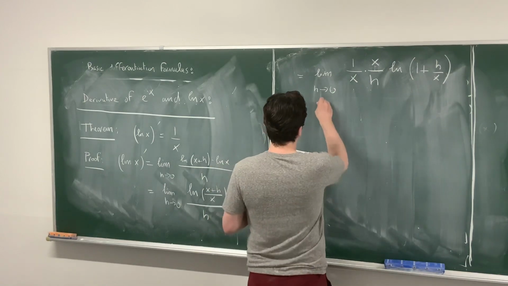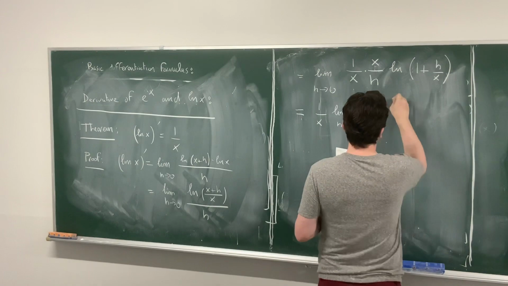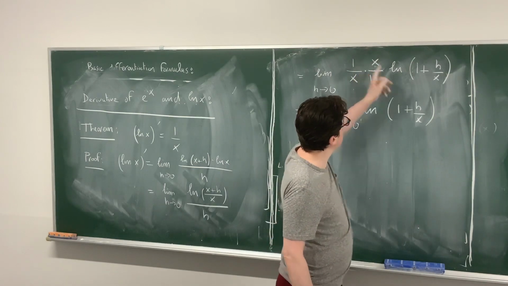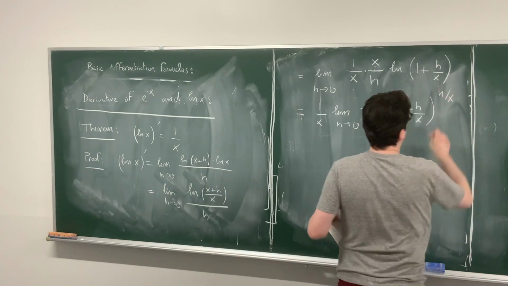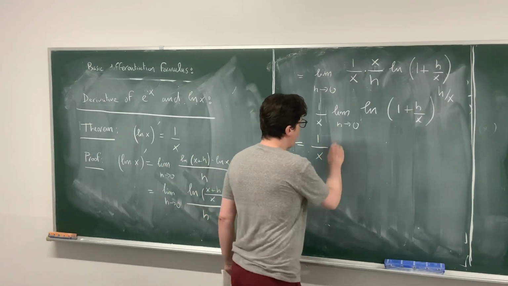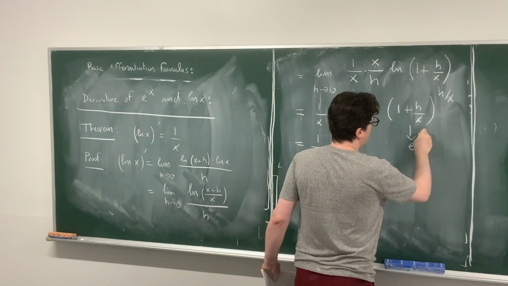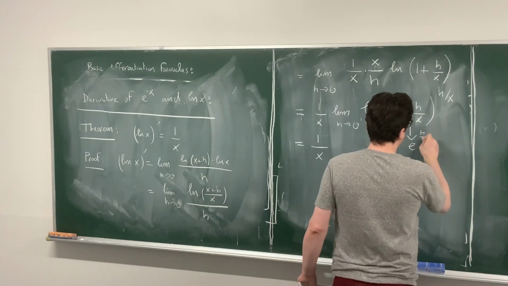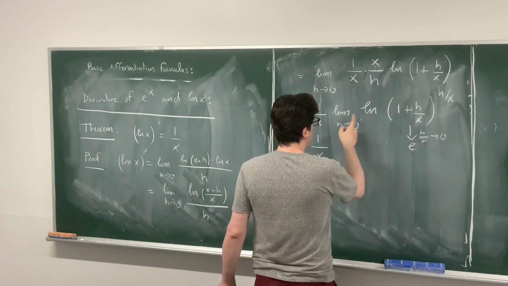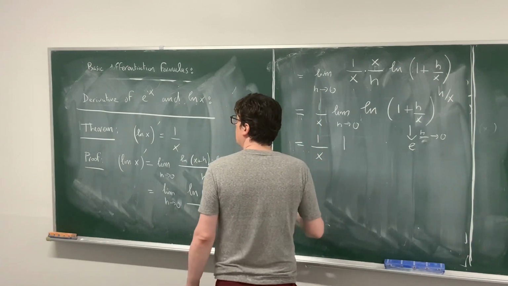Now, this is equal to 1 over x, times the limit when h goes to 0 of the logarithm of (1 plus h over x) to the power x over h. So this is another rule of the logarithm: if you have a constant here, you can put it in factor here. Right. Now you can calculate the limit. This is 1 over x times the limit of this. Now this goes to e, which is actually the definition of e, when h over x goes to 0, which means when h goes to 0. This converges to e, and so ln of e is 1, okay? And you get your formula. So this is the proof, and as a corollary,